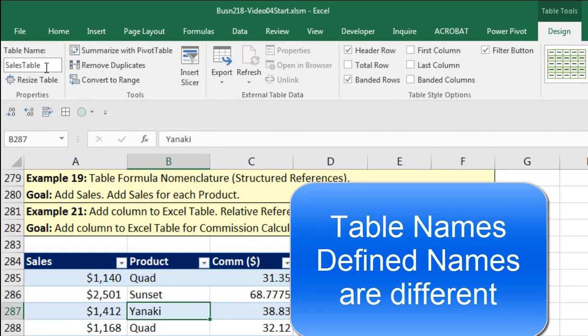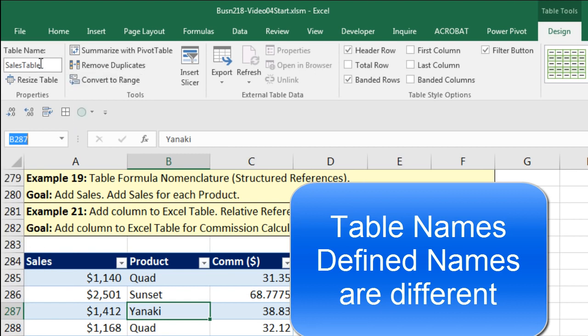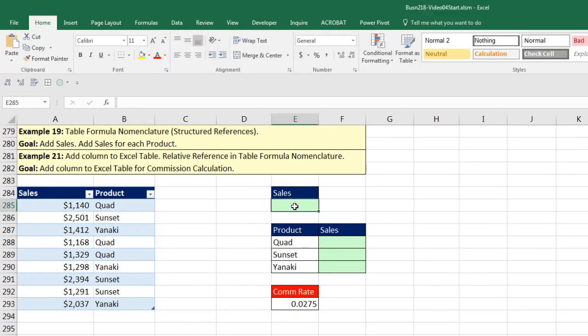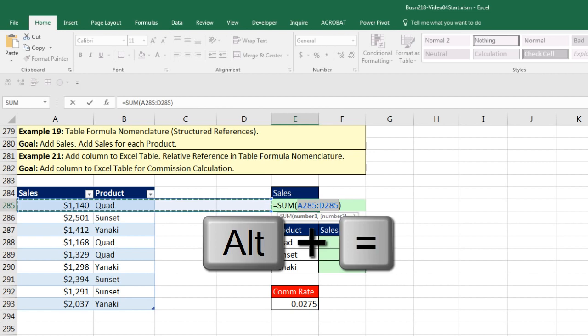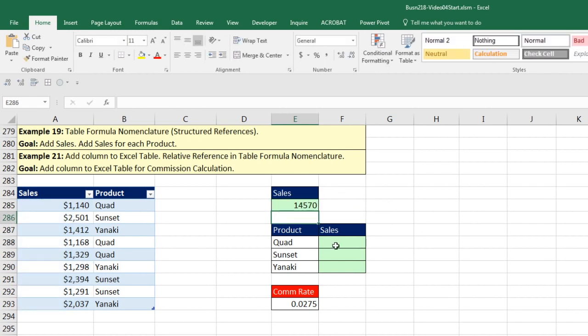Now notice that we just created our table name. Hey, there's the drop-down for defined name we were using just a few minutes ago. But there's our table name. Now I can create a formula that points to the sales field. Alt equals, and when I highlight, we can clearly see we get table name and field name in square brackets. Enter. We can also point to multiple columns, and when we copy table formula nomenclature down, the ranges will be